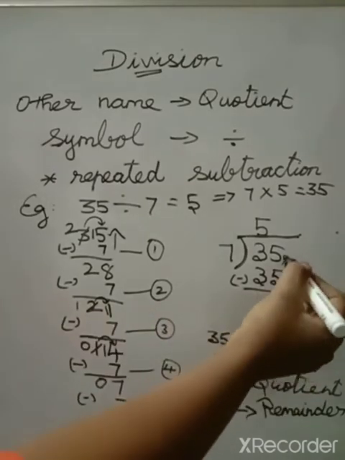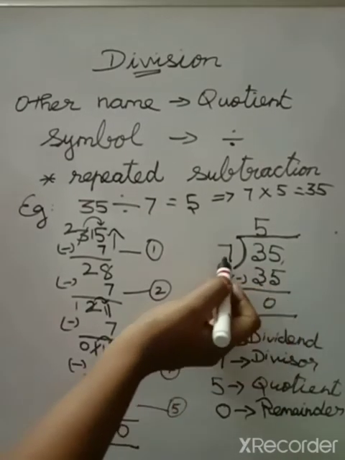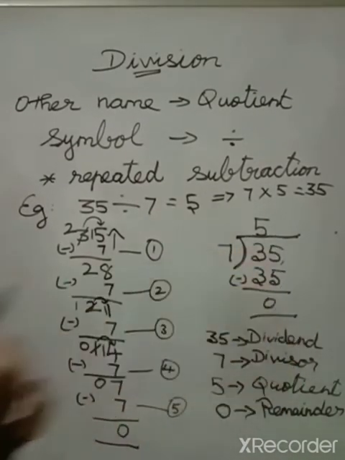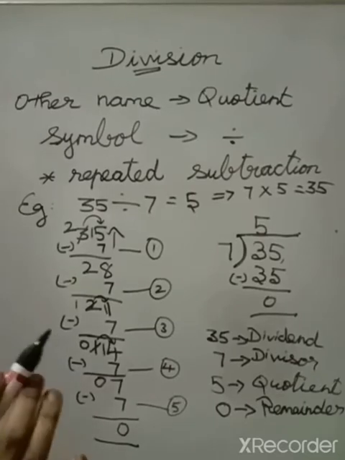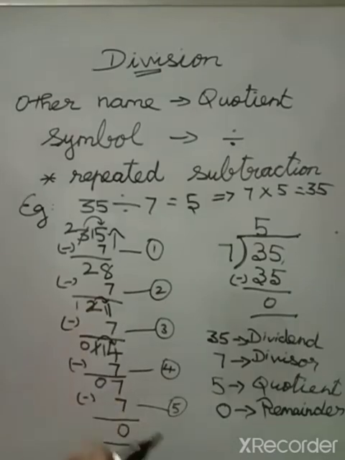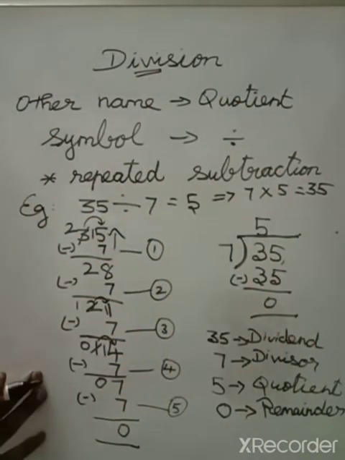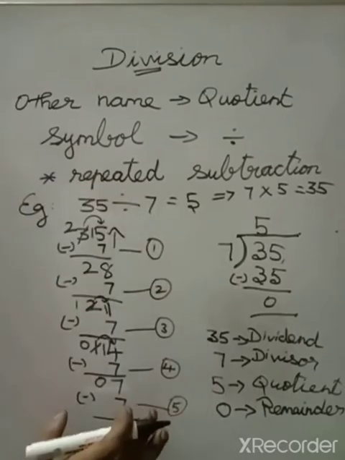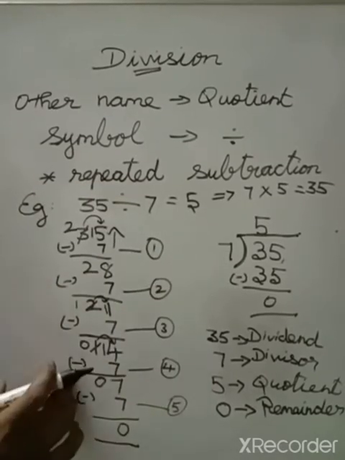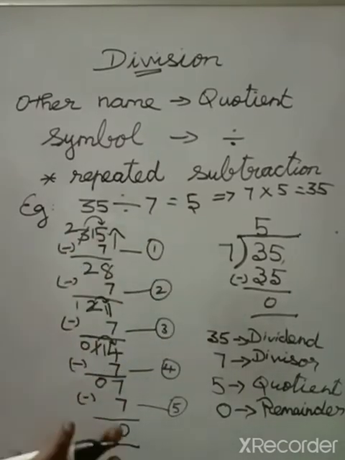So see here, after this no number is there, so the sum has been over. So this is the dividend, divisor, quotient and the remainder. And this division is done from the left side to the right side. Okay? So I want you to write all these in your note also? Because these are all very, very important. So repeated subtraction means this is the method of repeated subtraction. And this is the method of division.